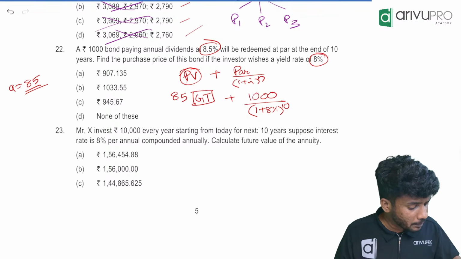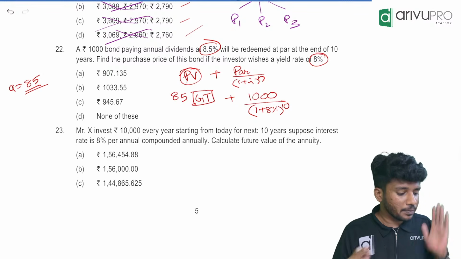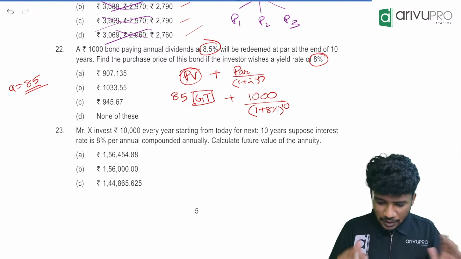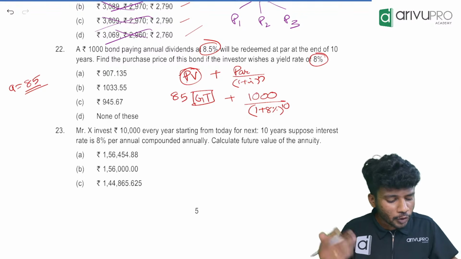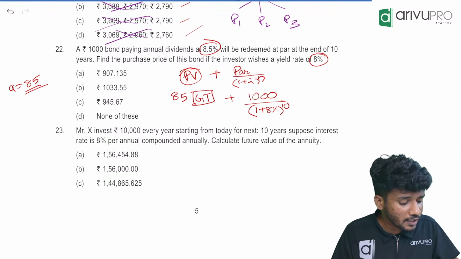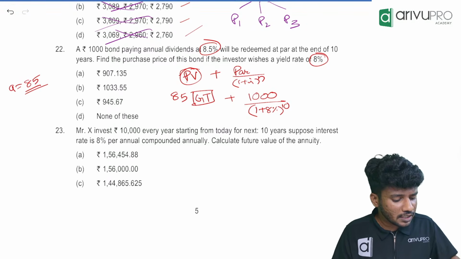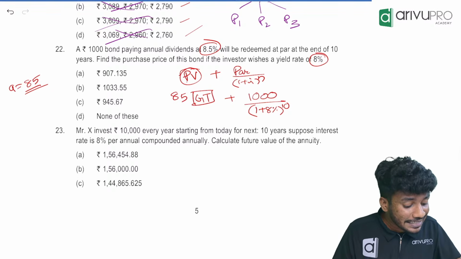Then click what, people? GT button. Multiply it with 85. Then click what? M plus. Keep it in your calculator memory. Then find the second one. Type 1000 divided by what? 1.08 equal to how many times? Again it will be click for 10 times. Then again click what? M plus. Then click what, people? Click M plus and click MRC.